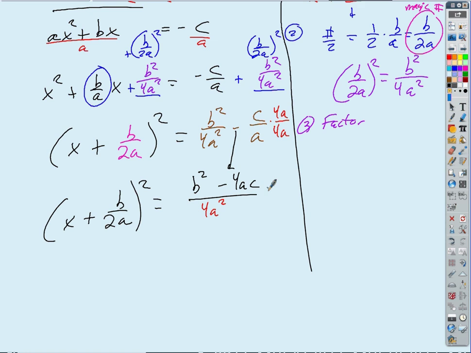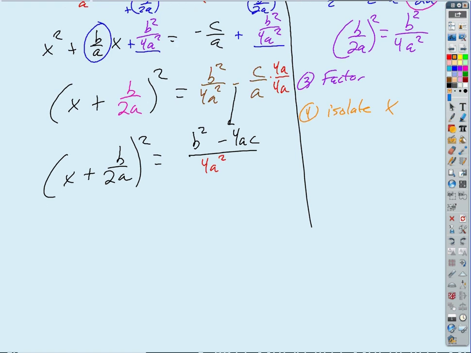Okay? Stay with me? It's a lot of steps, isn't it? But we're almost there. Okay, now we completed the square, now what do we do? What was the last part always? Square root. Okay, square root, and I'm going to isolate x, right? So that's the last part. And how do we isolate x? Well, we're going to square root first to cancel the squared. And so that gives me, I undo the squared, so I just get x plus b over 2a